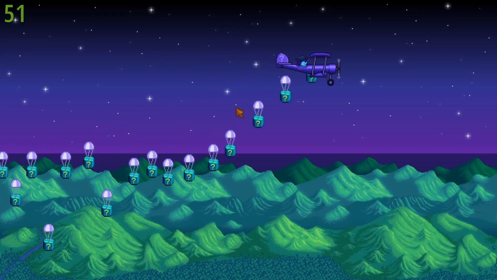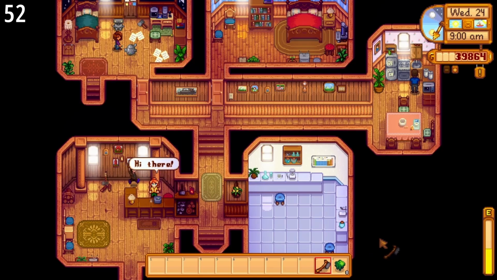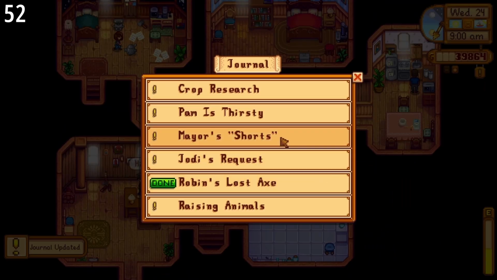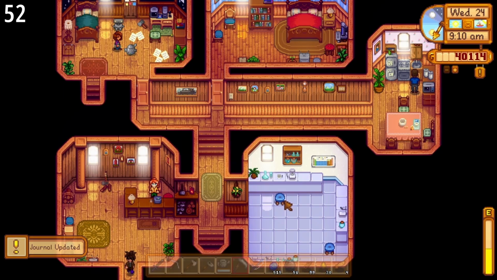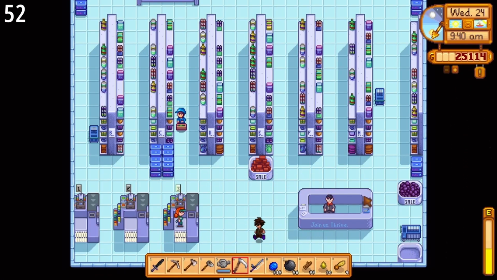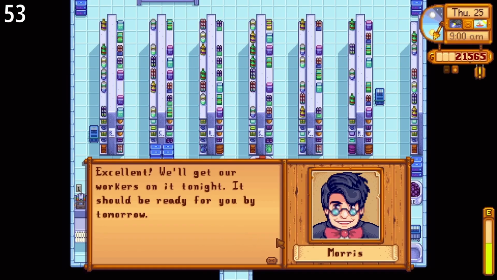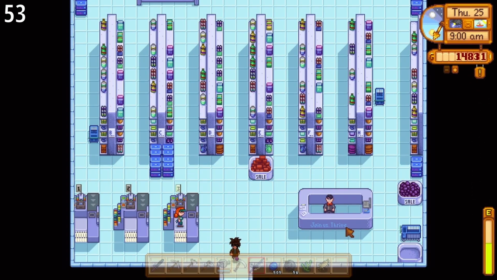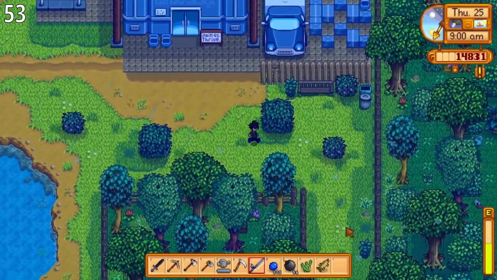Overnight, Mr. Key has unlocked the mystery boxes for us, which is pretty cool. Day 52, I returned Robin her axe, which, I mean, it's kind of random, but I did do that. Bought the minecarts from Joja for 15,000 gold and fished for the rest of the day. Day 53, today I bought the final upgrade from Joja, being the panning for 20,000 gold, meaning that tomorrow we